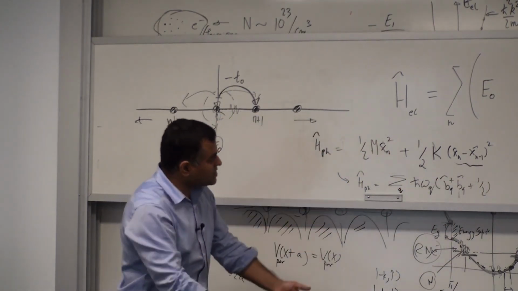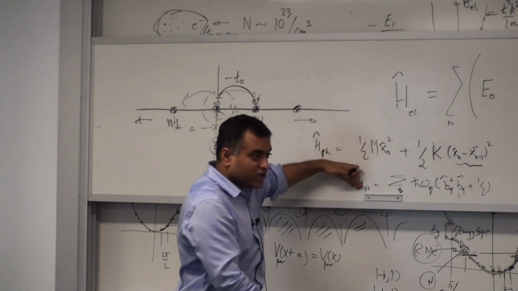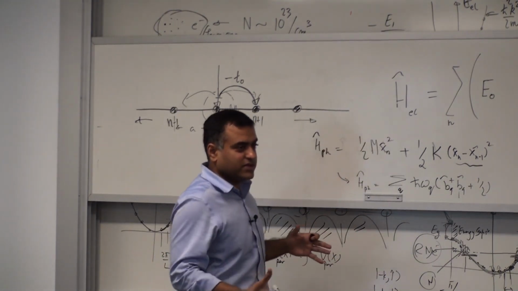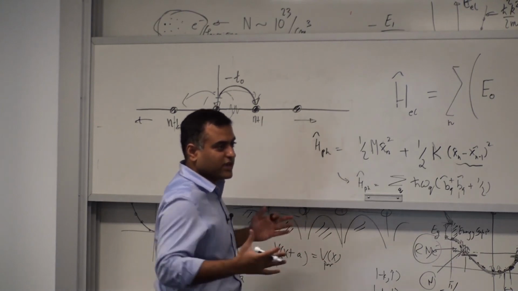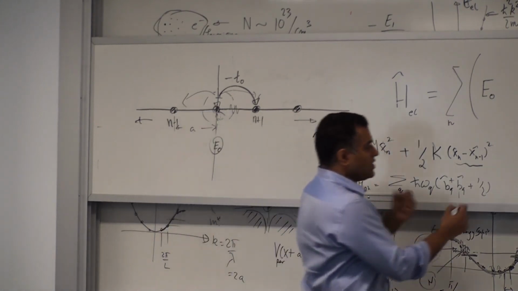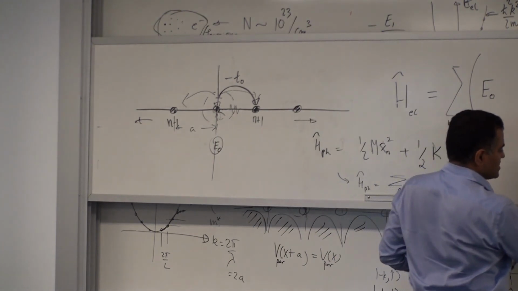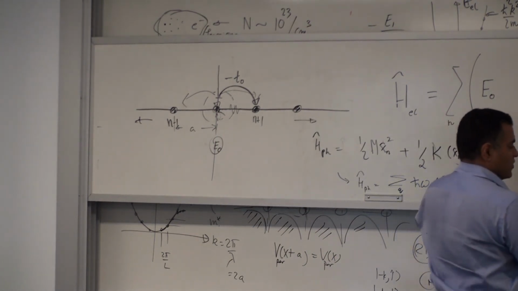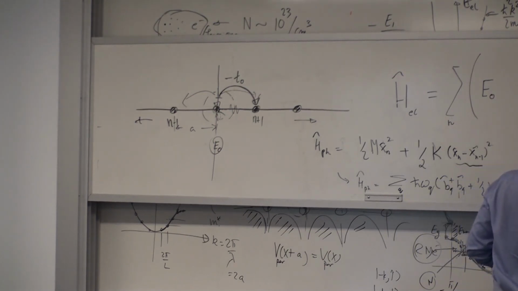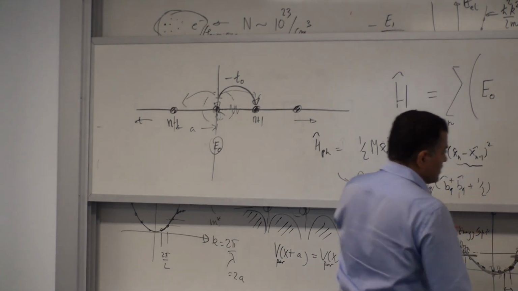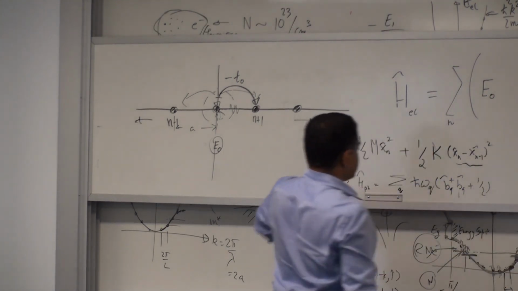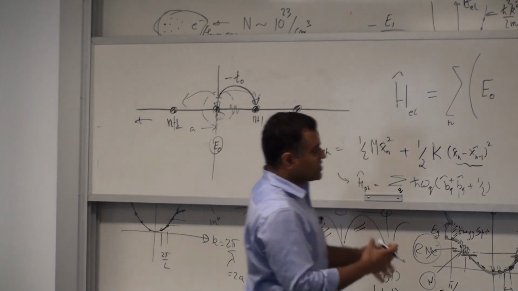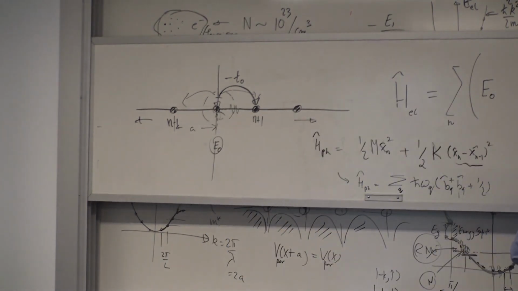The total energy of the system is electronic energy plus phonon energy plus any exchange between them, the electron-phonon interaction. So all transport phenomena is really tied to this picture: you have electronic energy, phonon energy, plus another term which is the interaction of electrons and phonons. For example, you'll have this term plus this term, and then you'll have some interaction. Here's an example of an electron-phonon interaction in operator notation.